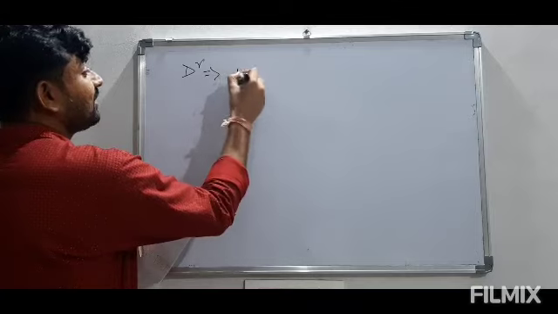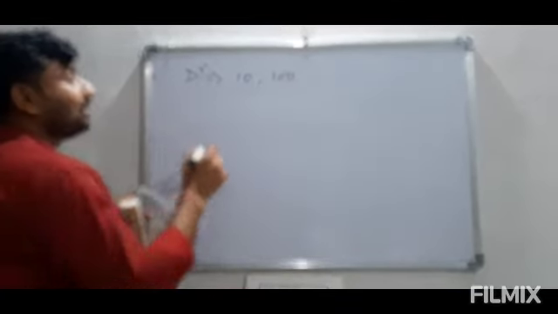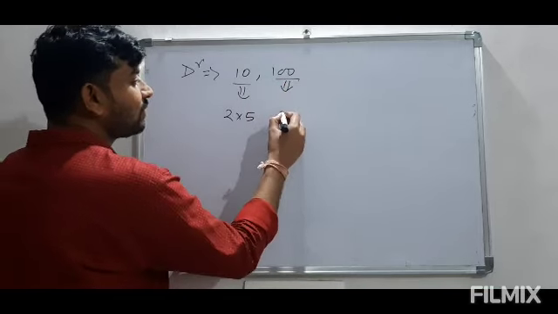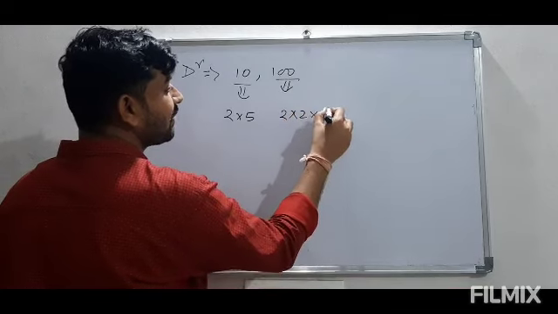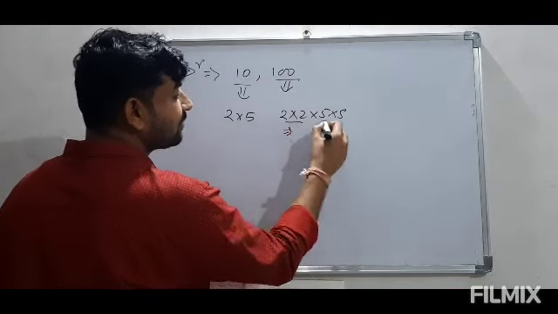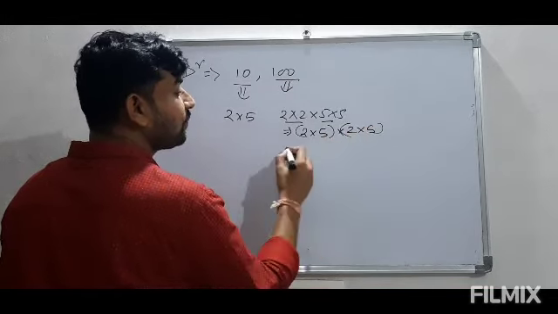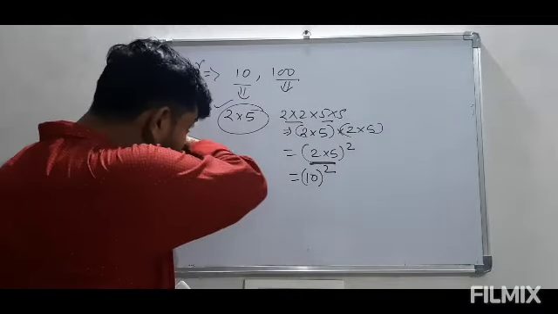So in the denominator, if it is 10 or 100 for example, then the factors of 10 will be 2 into 5. If it is 100, then factors will be 2 into 2 into 5 into 5. If we look at this, it can be easily written 2 into 5 into 2 into 5. What we are getting? 2 into 5 whole square means 10 power 2. As I told you earlier, that can be written as 10 power 2. So when we look at the factors, it is 2 power 2 into 5 power 2.